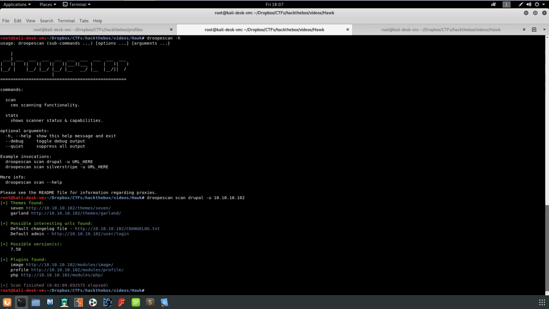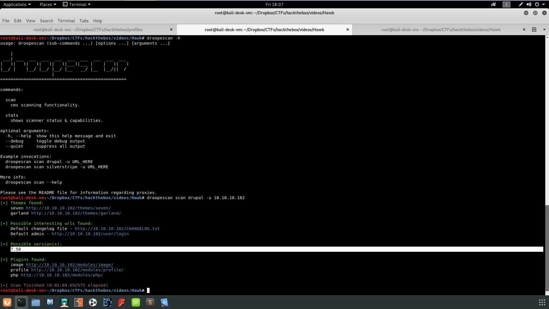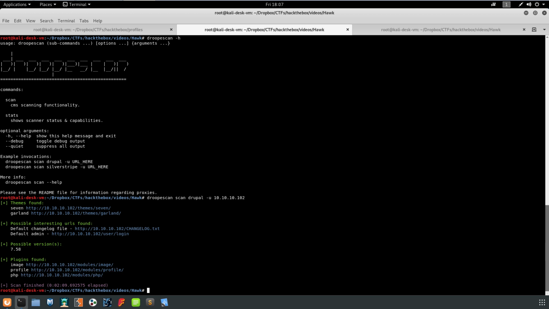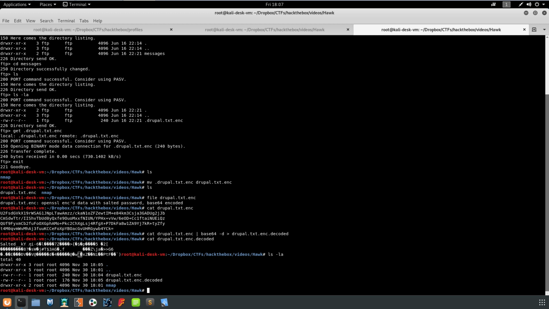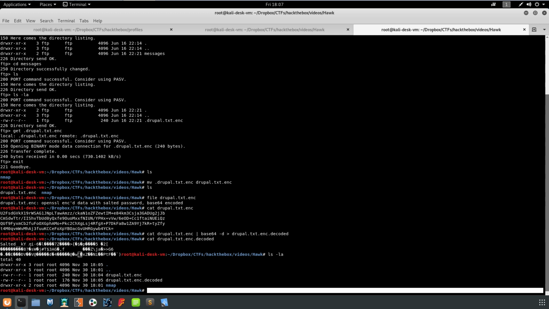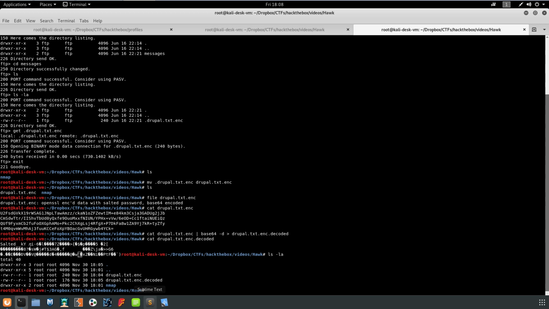So we found a couple themes, a couple interesting URLs. One's just an admin login, it looks like. It identified the version as 7.58, and then there's some plugins found. So for right now, that's not super interesting to us until we can get a login, which is probably what's contained in here. So